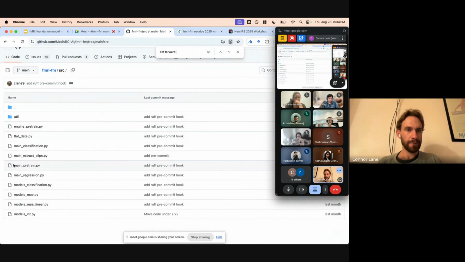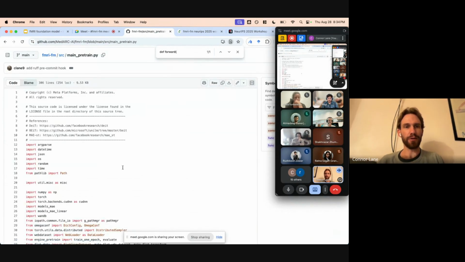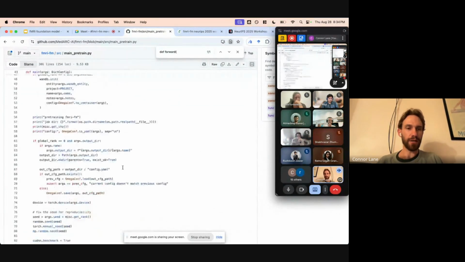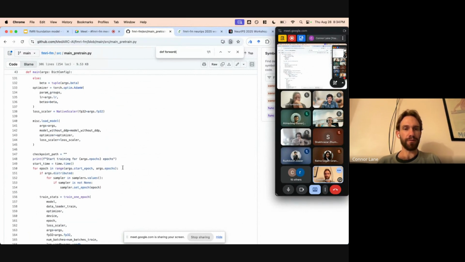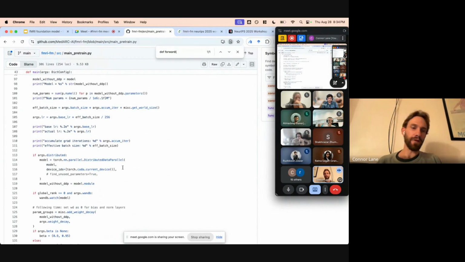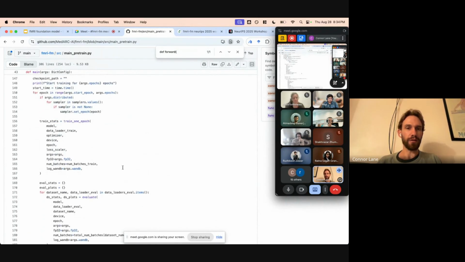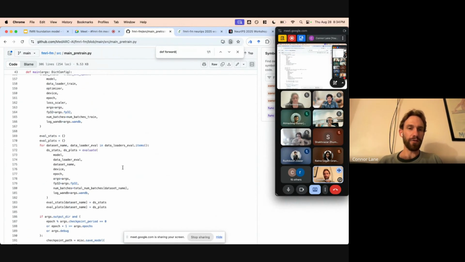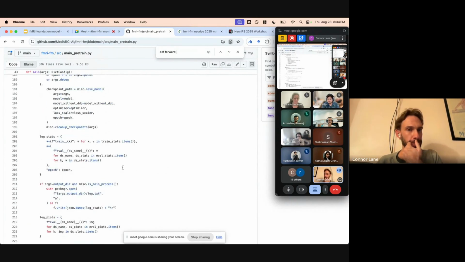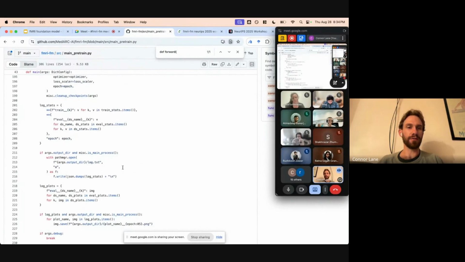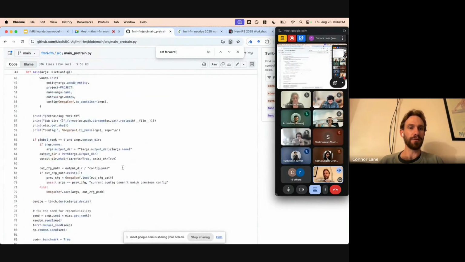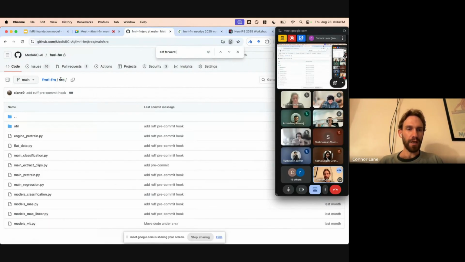So the main pre-training script, I don't really enjoy reading these. There's a ton of boilerplate, which is all the same stuff you've probably read many times: creating the model, reading the config, loading the data set, running the training loop, running the evaluation, saving the results. You can go through this later, but it's pretty straightforward, and it's ultimately a copy from the original MAE codebase.